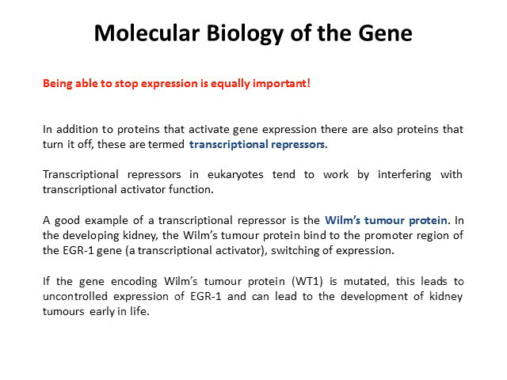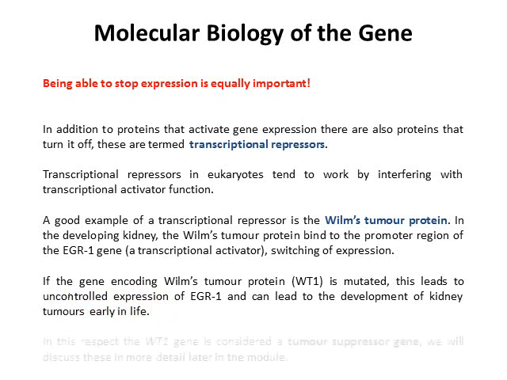Now, if you mutate the Wilms tumour protein gene, in other words, if the Wilms tumour protein isn't working anymore, think what the consequence would be. You would no longer turn off EGR1. In fact, EGR1 expression would just continually be on. And whilst EGR1 is on, all the genes which EGR1 switches on are also on and being overexpressed. The biological consequence of that for an embryo, for a developing human, is that the kidneys start to develop tumours early in life. You've got uncontrolled expression of a range of genes, and the result of that is tumorigenesis